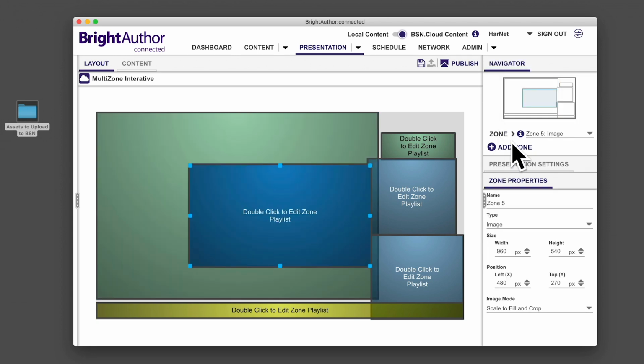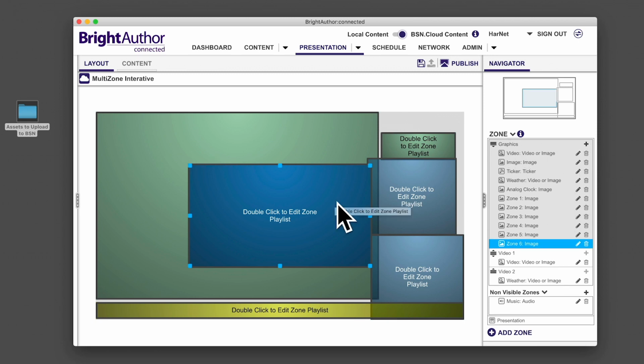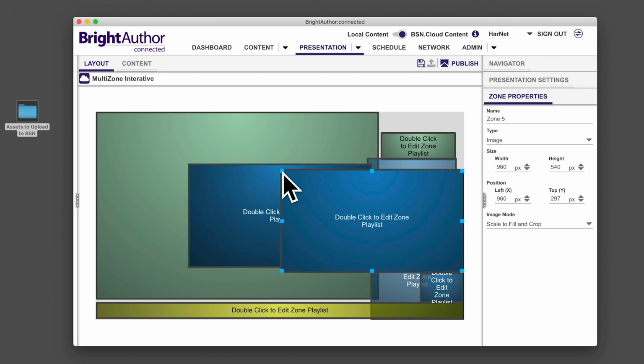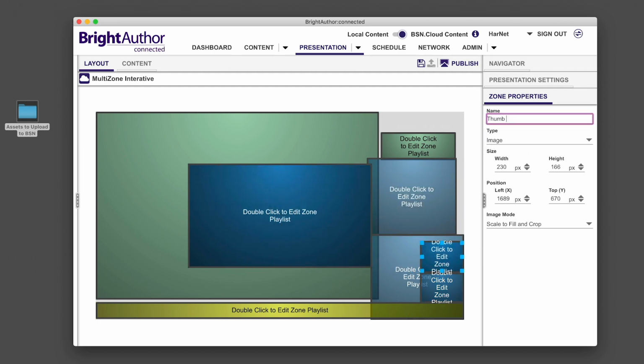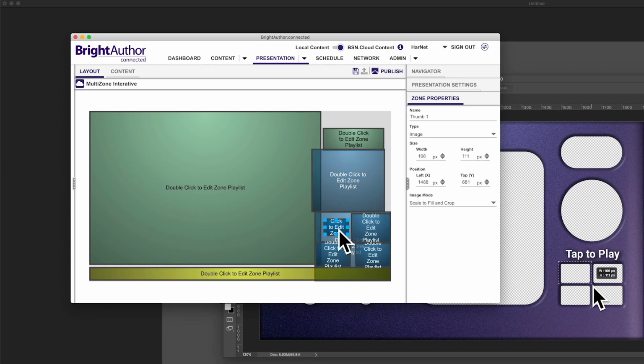Alternatively, you can make new zones by expanding the arrow next to the zone and pressing the plus button. Name the new zones Thumb 1 through 4 and resize each one to fit inside the 4 quadrants of the main image zone. Adjust the width and height of the zones to match the native resolutions of the thumbnails.